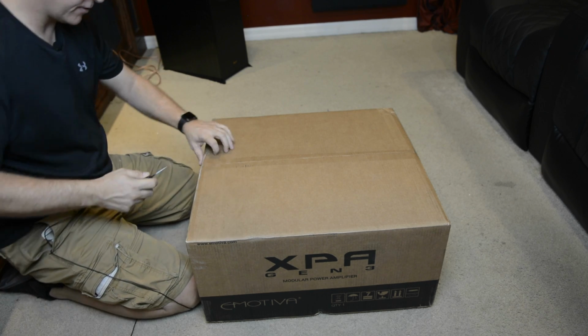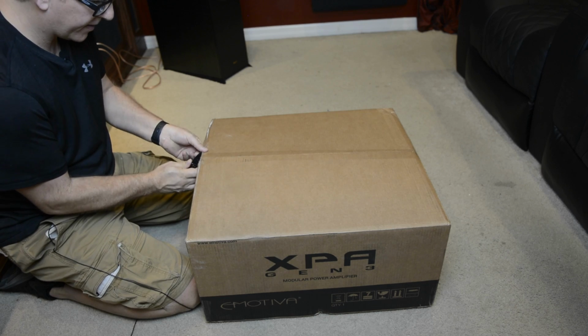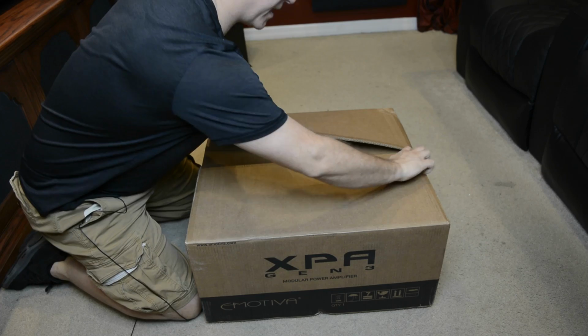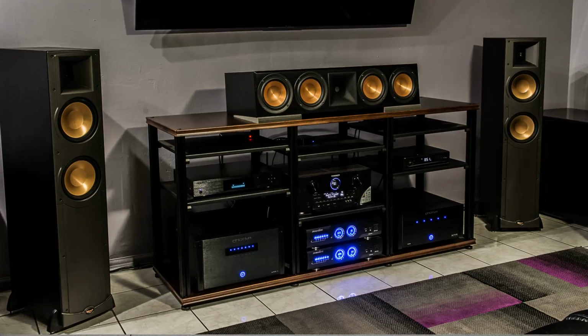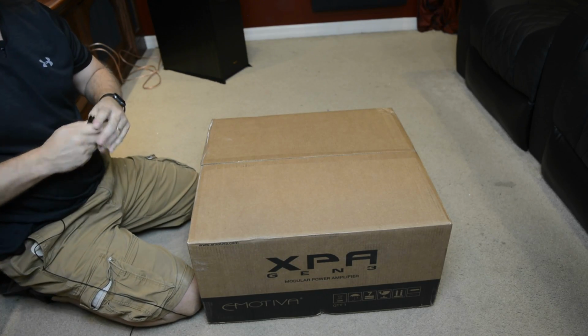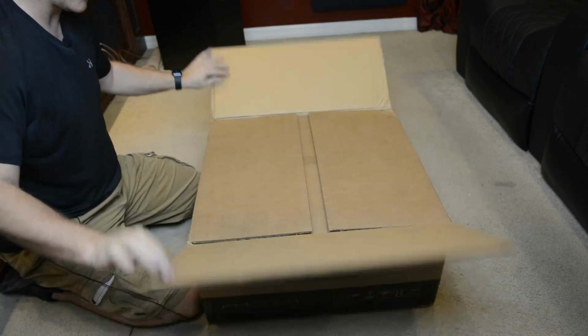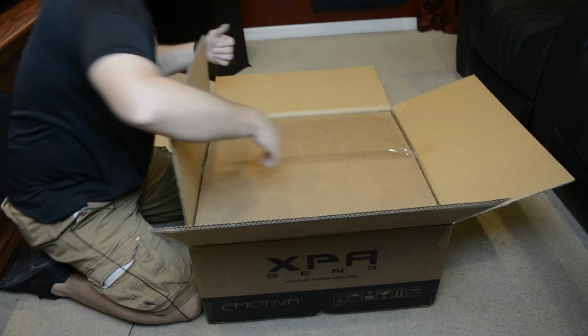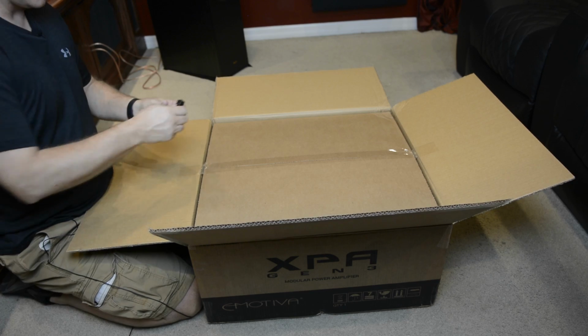So this will be the first Emotiva amp that I have experienced in my own home theater. I had a friend of mine that actually has quite a few Emotiva amps in his setup. I've heard them, they sound incredible. And for the most part, everything I've seen about the Emotiva amplifiers, they offer a really good bang for your buck. So I'm excited to get this